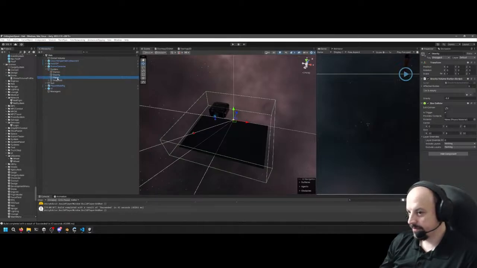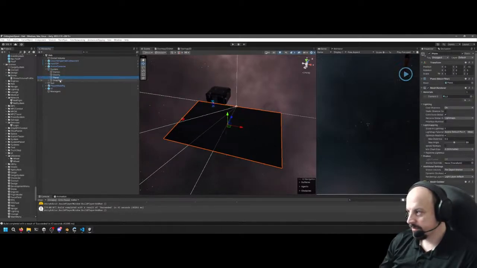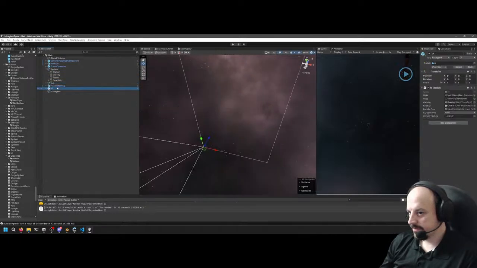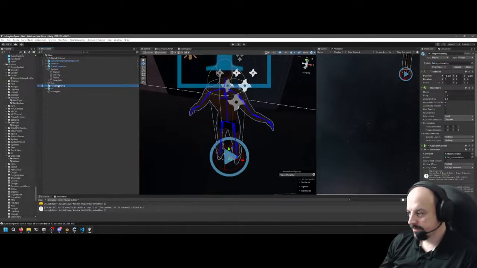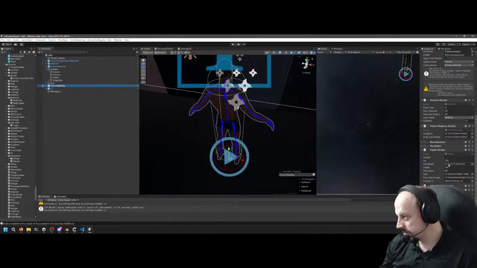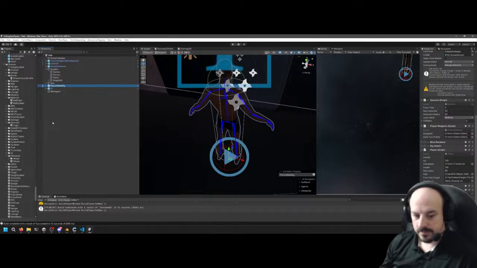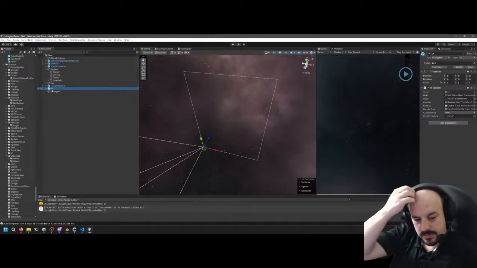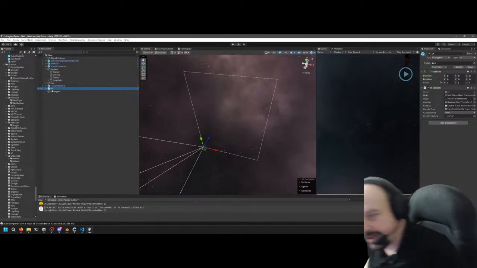Gravity plane. That's all fine. Mirror working in the truck stop and everything is running fine.